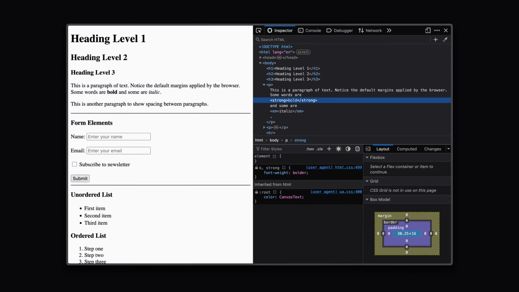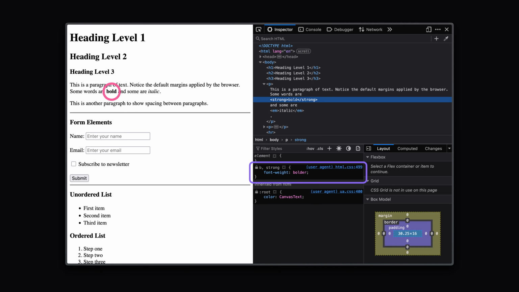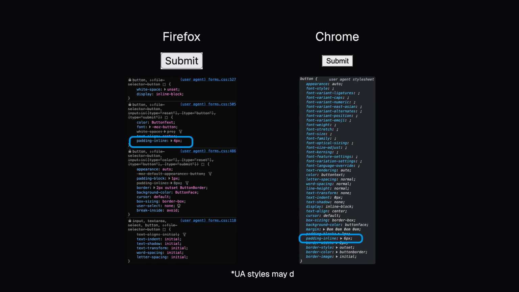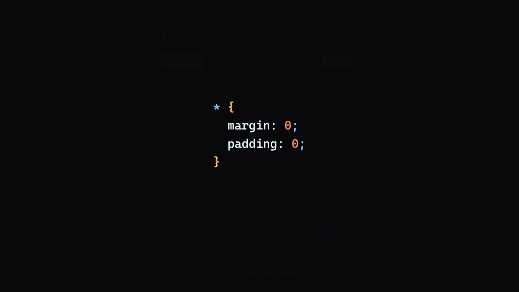blue. The most common way developers actually use the Universal Selector is for something called a CSS reset. Every browser gives elements some default styling, like margins and padding. These built-in styles are called user agent styles, and the problem is they are not the same in every browser. This rule that developers commonly use removes that default spacing from every element, giving you a clean slate to work